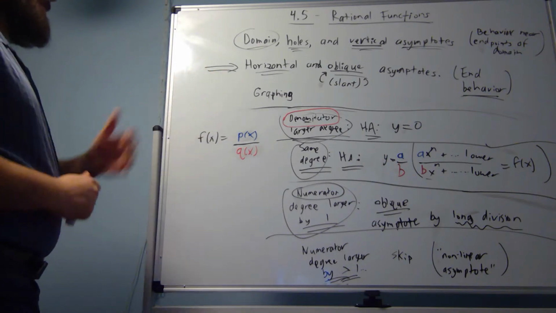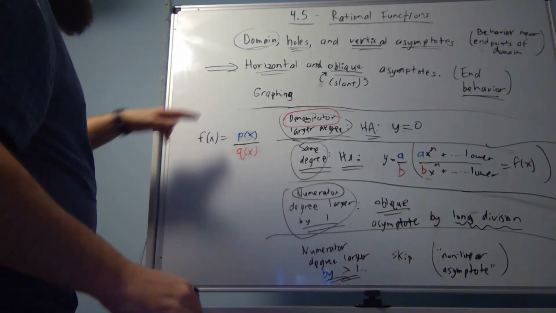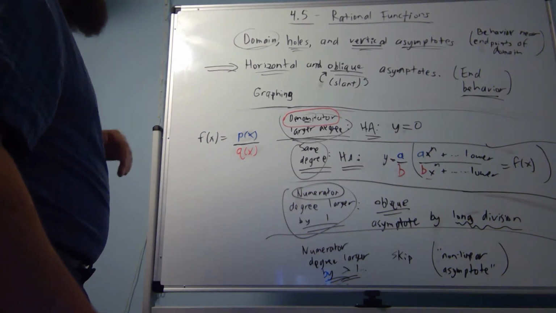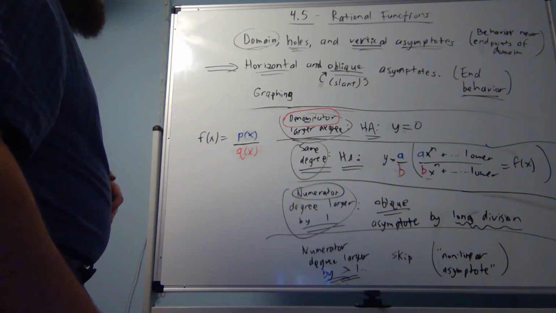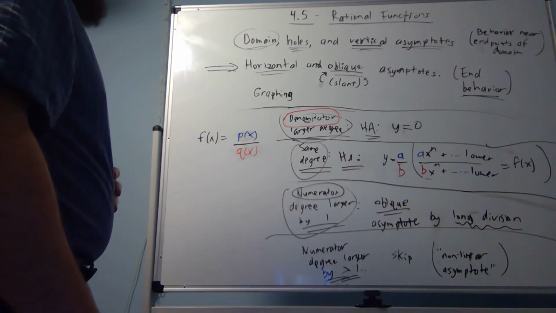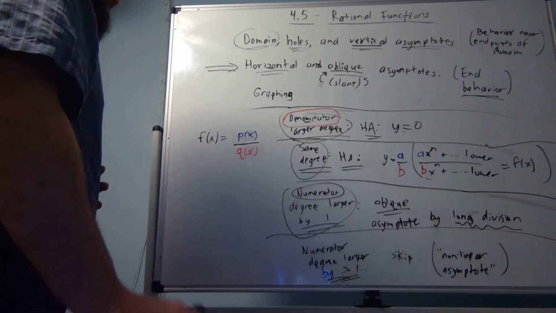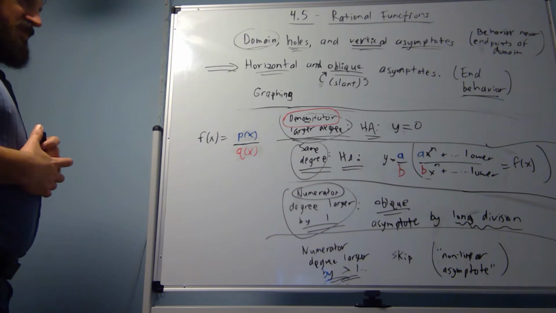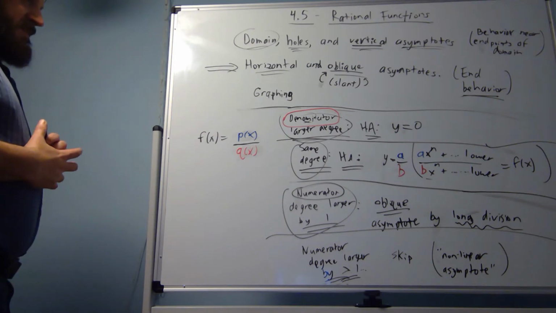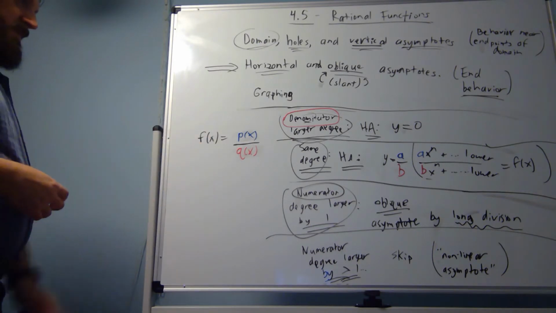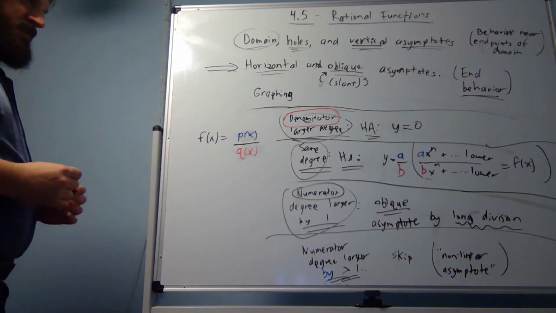Sometimes your rational function might approach a horizontal line, or sometimes the function just gets really, really big. So just like polynomials, they want to go to plus or minus infinity when x is super duper large. That's also a possibility, and it depends basically only on what happens for large x. It only depends on the degree of the numerator and the degree of the denominator. So the summary